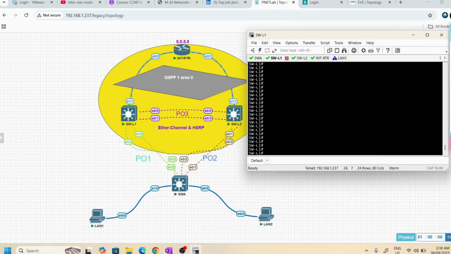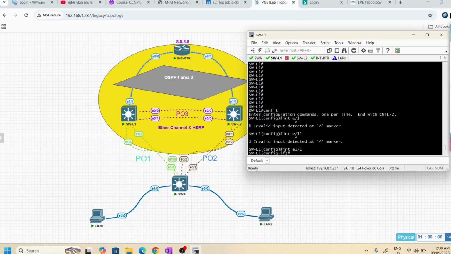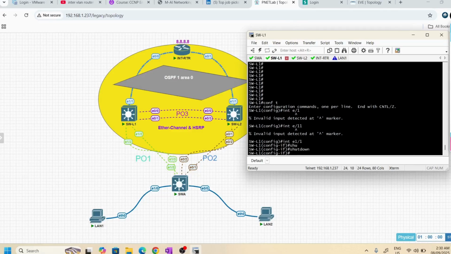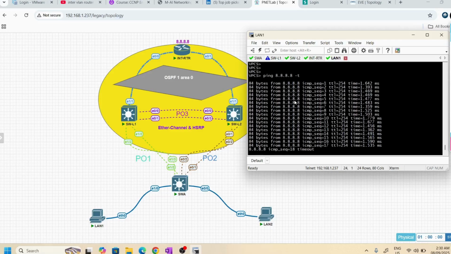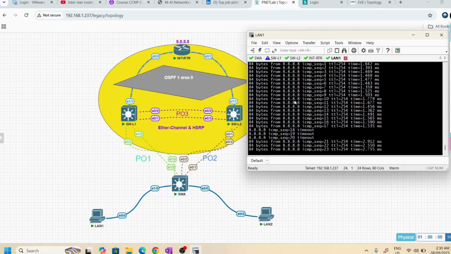Let's go on switch 1, configure terminal, interface E1/1. Okay, 1/1, shutdown. So what will happen? Okay, connection down. Okay, connection came up again.